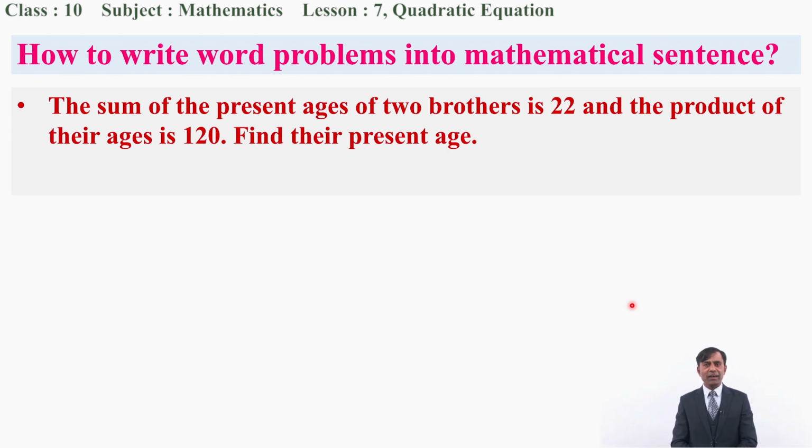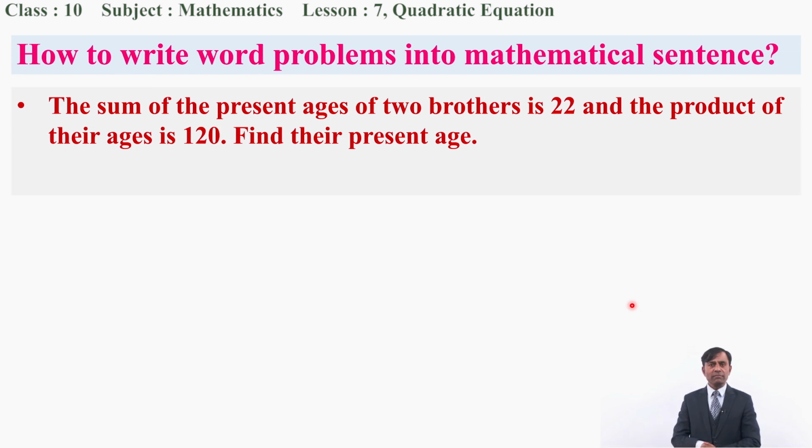Look here, a problem is given. Go through it, read it. What is written here? The sum of the present ages of two brothers is 22 and the product of their ages is 120. Find their present ages. What are their present ages? What is the age of the elder brother and what is the age of the younger brother? That's the question. Before finding it, how do we change this